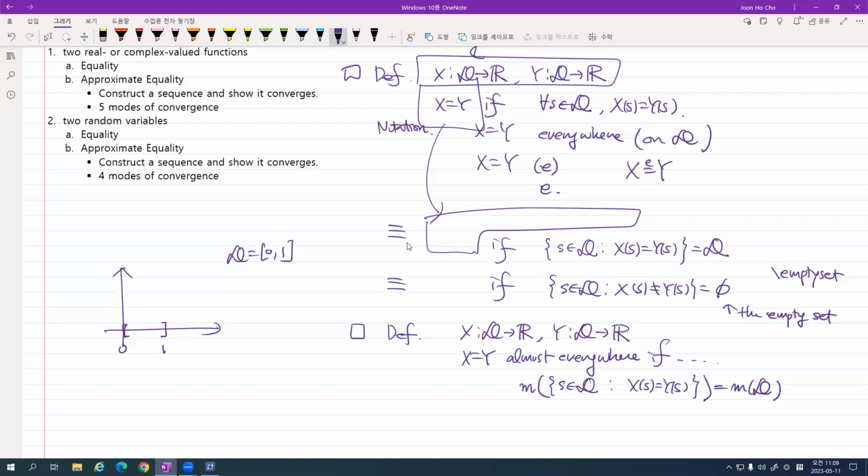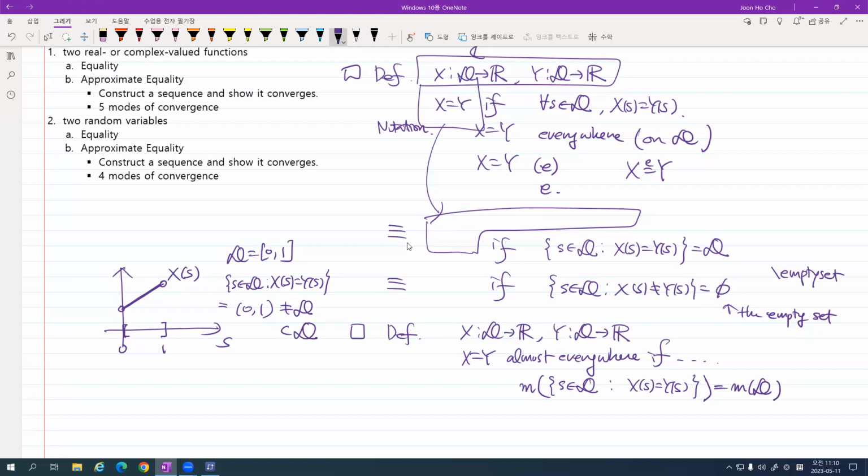And you have a function, a straight line, for example. This is x of s. And y of s is also the same as that one, except at two endpoints. Then let me ask you, what is that set? This set is the open interval (0, 1). So this is definitely not the domain, but a proper subset of the domain.